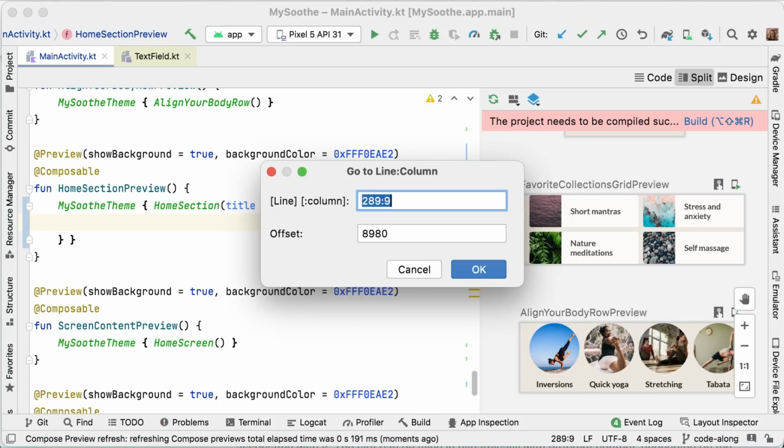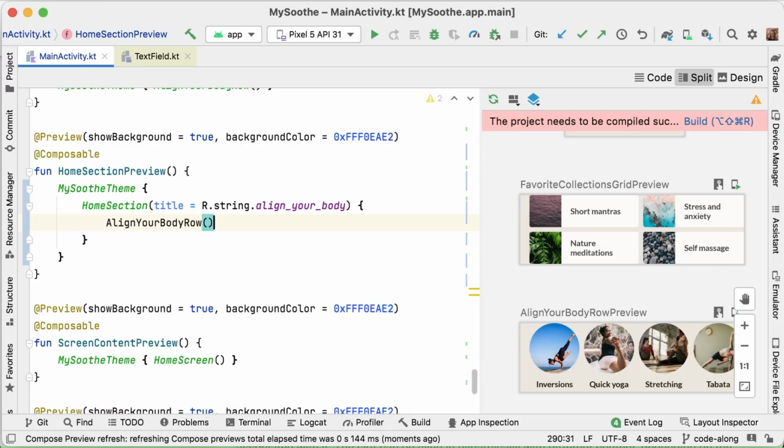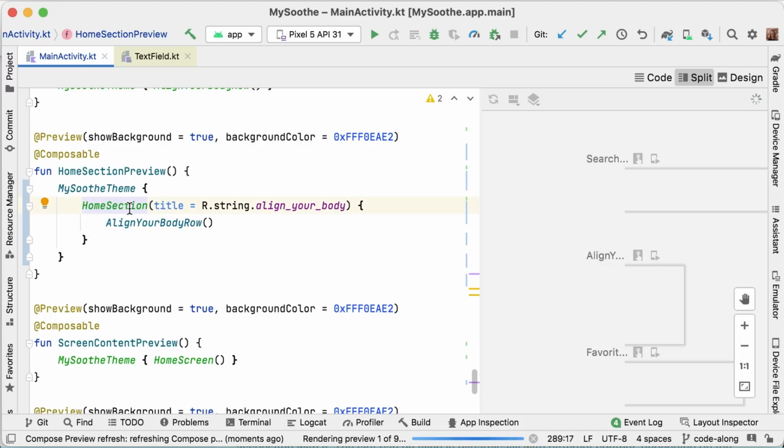And this is actually done a lot in Compose, and this is where all those trailing lambdas come from. And inside, we can pass whatever composable we want. In our case, we will be passing the align your body row. We don't have to pass any modifiers to that. That will just work as is. And with that preview, the preview should show the way we want it to. And we can take a look at if there's anything else that we need to define for our home section.